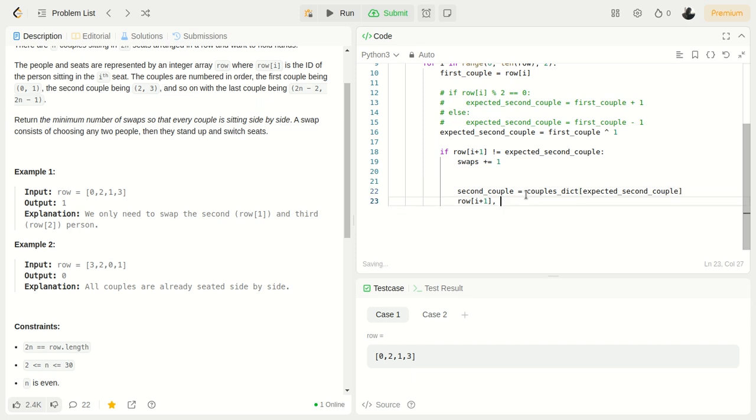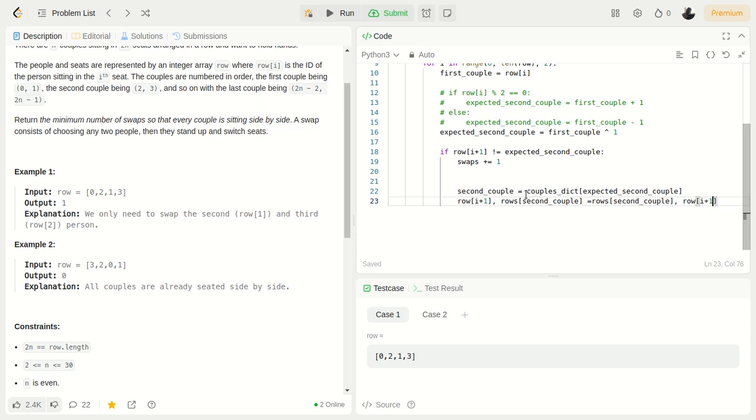Okay, so rows second couple. Then you're going to swap these two. How do we do that? It's just a matter of doing this as second couple, row